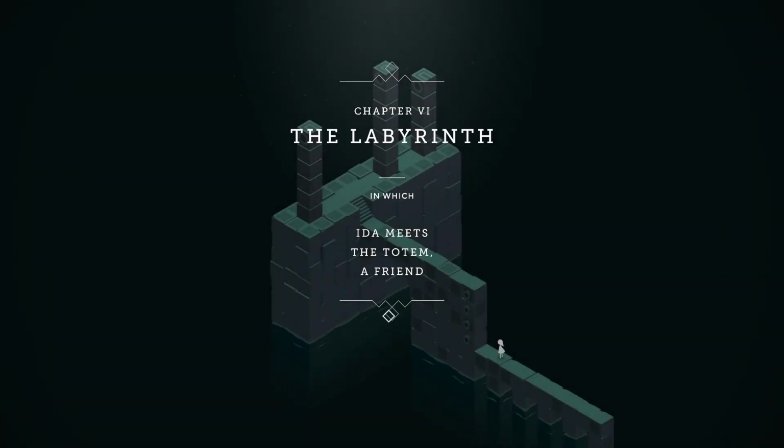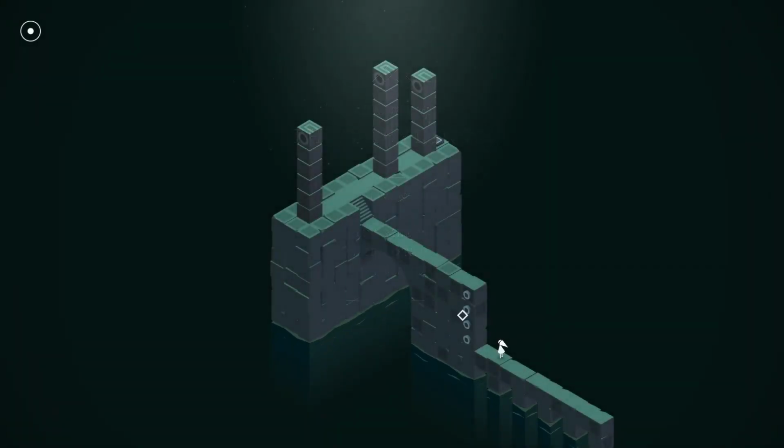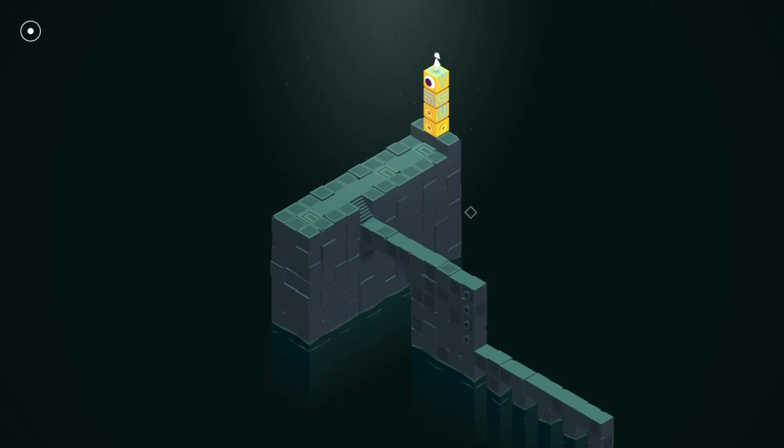The 6th chapter begins in a strange, dark place, where Ida is faced by 3 totems. As you approach, a 4th, yellow totem with a moving eye rises from beneath Ida. This is the totem, Ida's only companion on her journey, a sentient pillar which you are able to move through the environment. Ida and the totem rise above the dark area to find themselves in a new, brighter location, shrouded